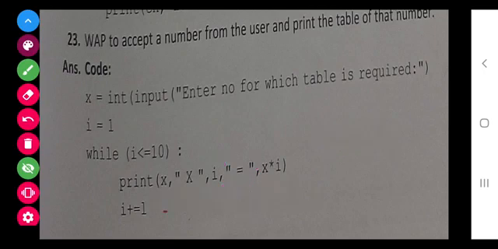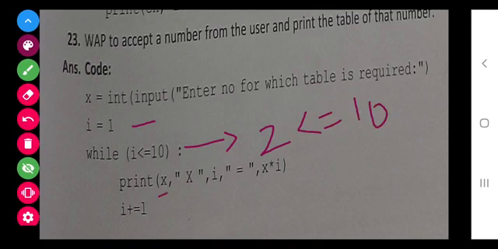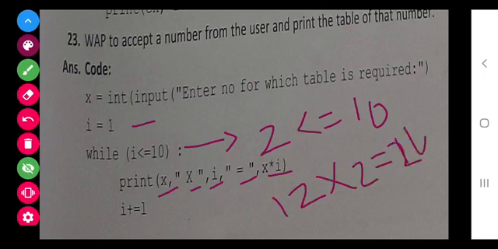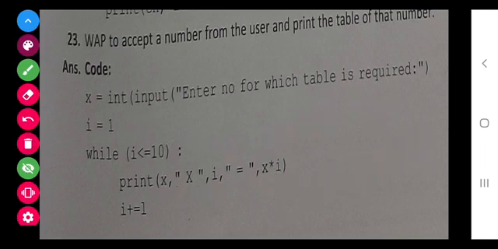For the next time i will get an increment to 2, and here it will be checked whether 2 is smaller than or equal to 10 or not. Yes, it is, so 12 multiply 2 equals the answer, that is 24. So on the next line it will display 12 multiply 2 equals 24. So it will go till 10 and at last it will come 12 multiply 10 equals 120.